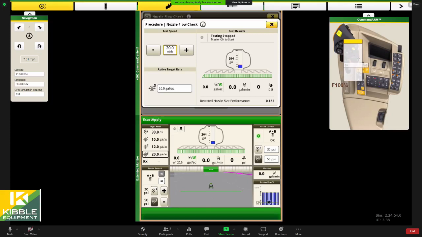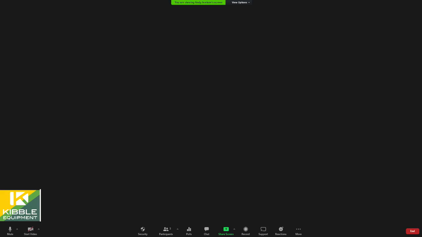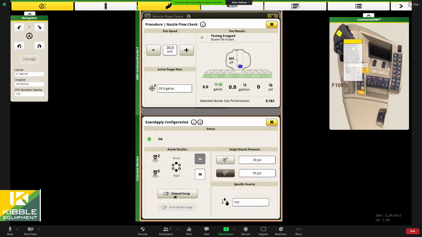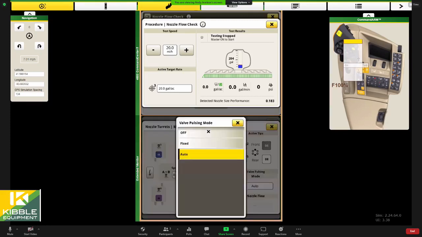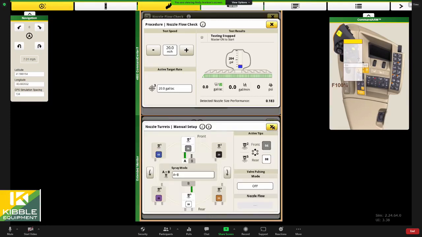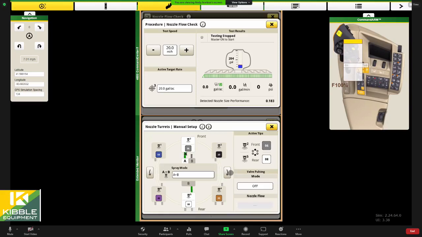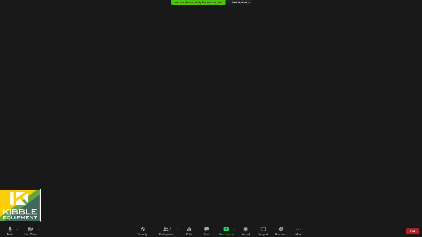So this to me is the best feature of the Exact Apply. There is also, just to confuse everybody a little further, if we turn pulsing off and we want to spray conventionally, the way a sprayer is always sprayed, for lack of a better term, go back here one more time and turn my turret back. So if I would pick a 3 and a 5 in this scenario with pulsing off, what I can do